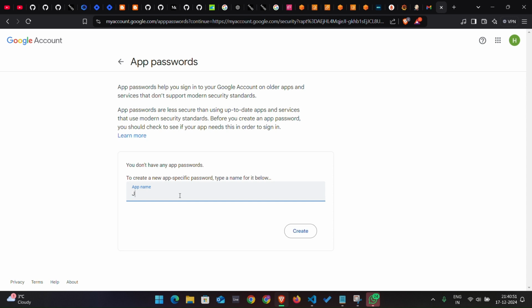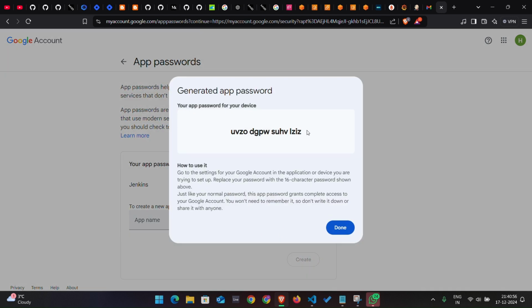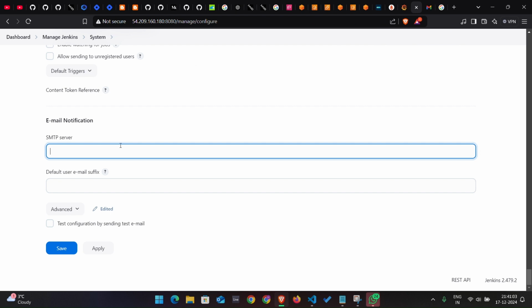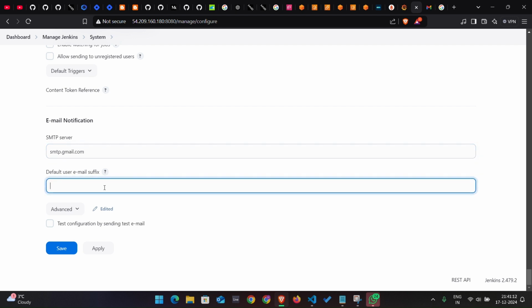So we would be saying Jenkins, let's create, copy this token, and reach out to your Jenkins pipeline. So the SMTP server would be smtp.gmail.com, and then email would be your email, which is HRITJES746 at gmail.com. So this is my email ID, and then